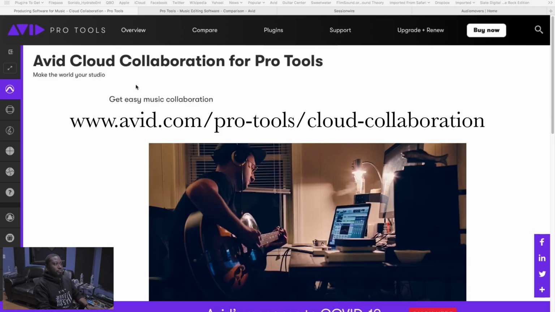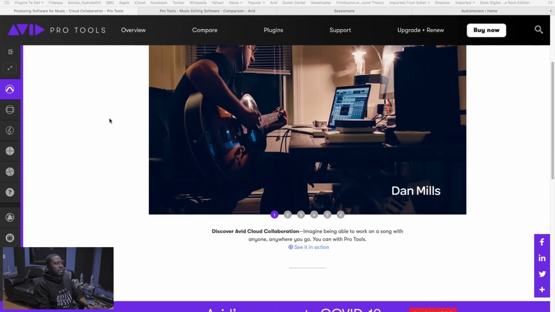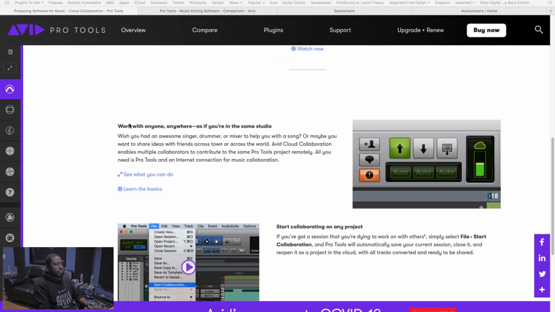The first option is actually, if you're a Pro Tools user, then you have this available to you. And this also works if you go with the free version, Pro Tools First. You can use this as well. So what we have here is the Avid Cloud Collaboration for Pro Tools. Now this has been built into Pro Tools for quite some time now, but a lot of people still don't know about it. So what you have is when you change a session to collaborate, so if you look here,